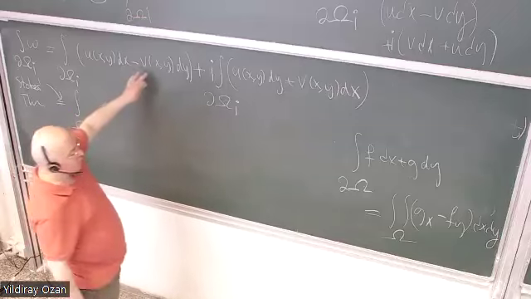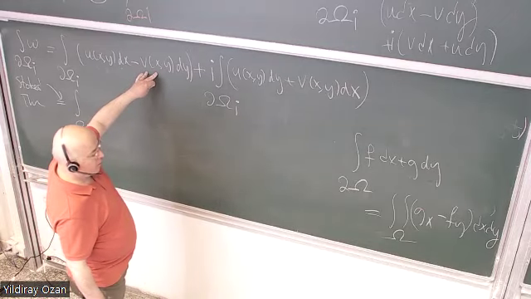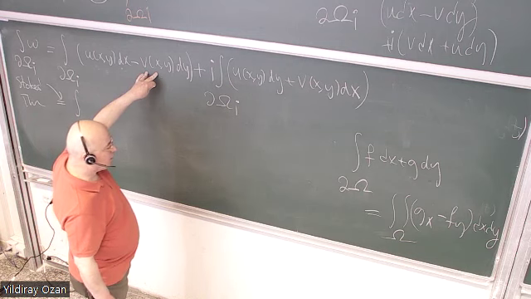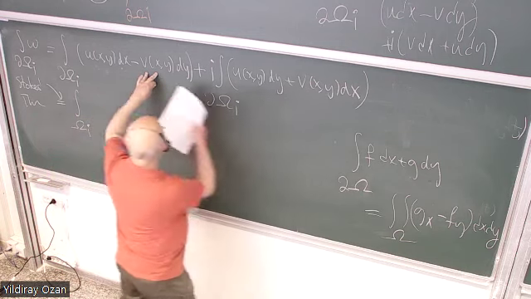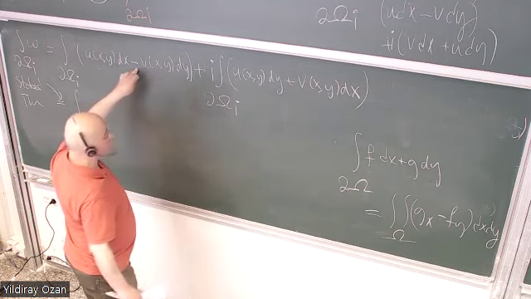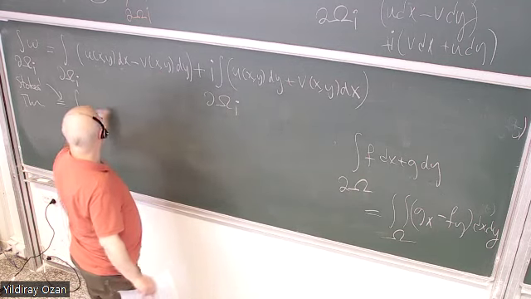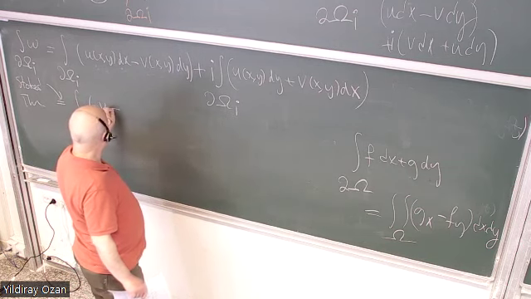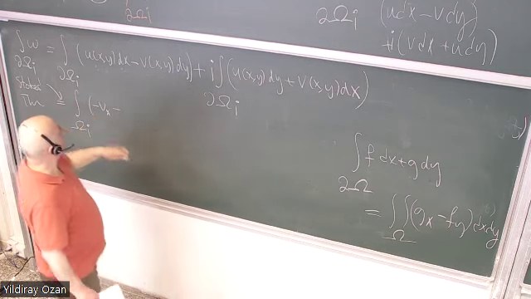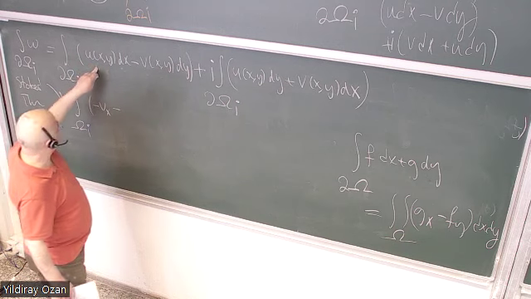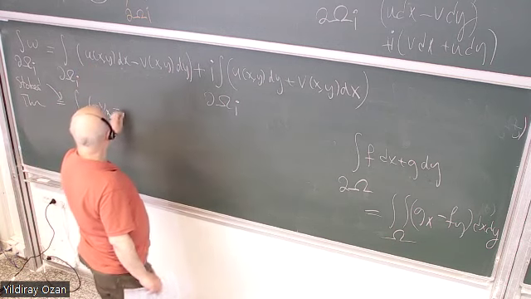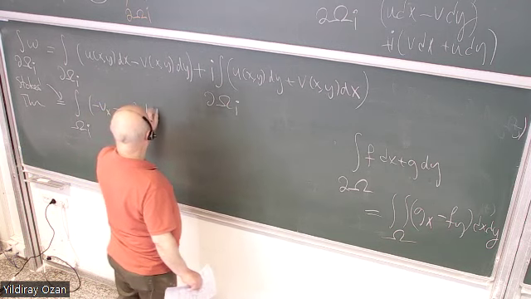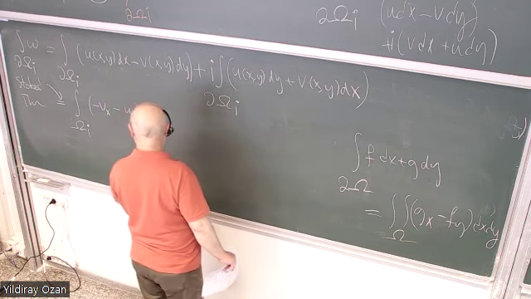Şimdi G dediğim şey, so G is minus V, right? If I compare this one with this one, G is minus V. So X derivative of this, so minus V sub X minus F sub Y. F is this, so F sub Y, U sub Y, dx dy plus